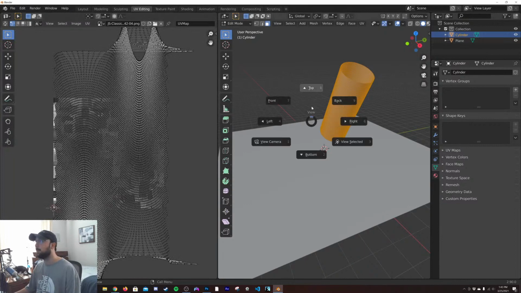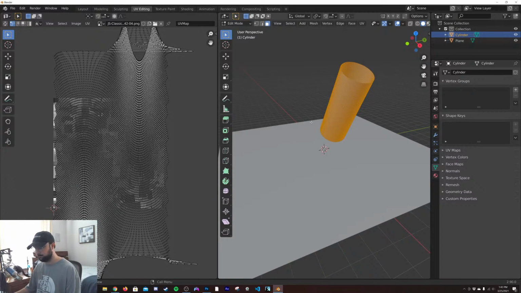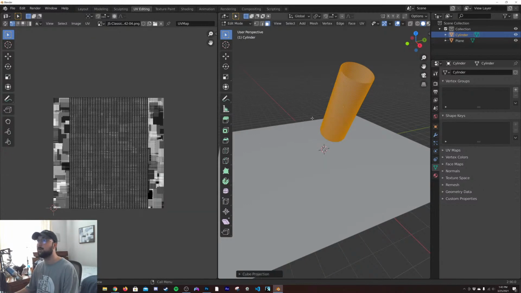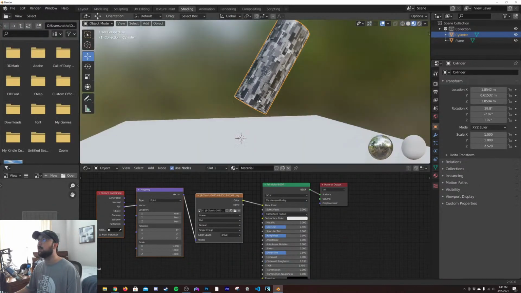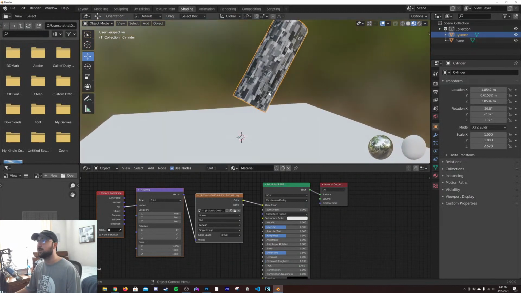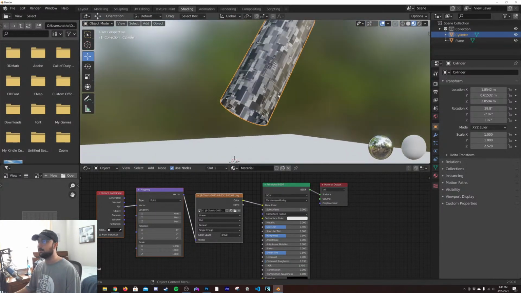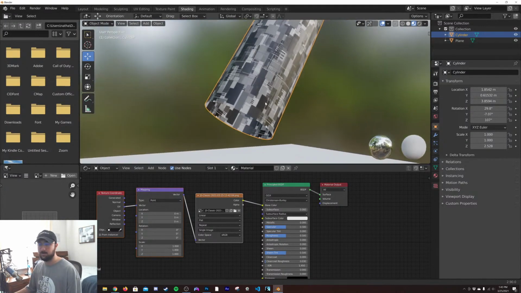Insanity is happening. So unwrap, cube projection, that's much better. So we'll go back to shading. All right. I wonder why cube projection worked so well on a cylinder. I don't know. Possibly because it's, you know, quads or whatever.